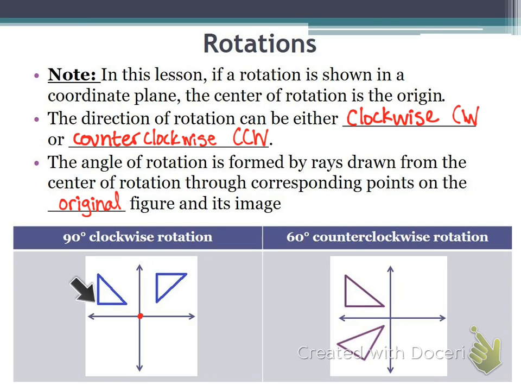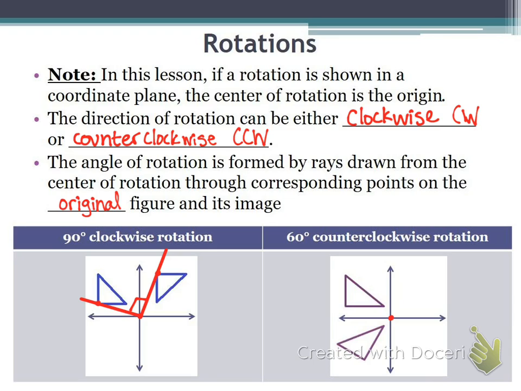So let's say I'm going to go through these 90-degree right angle corners from my original to this one. If I form rays that go through those points, I can see pretty easily here that I've made a 90-degree angle here. That's why this is considered a 90 degrees rotation. Does that make sense? Yeah. You can do the same kind of thing